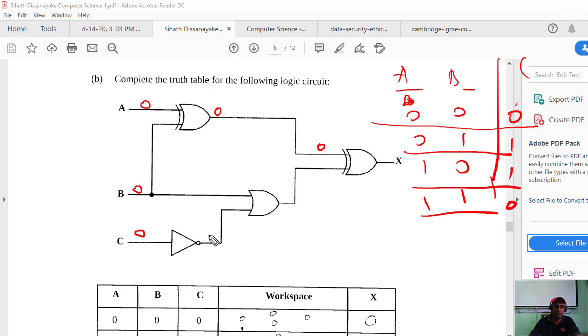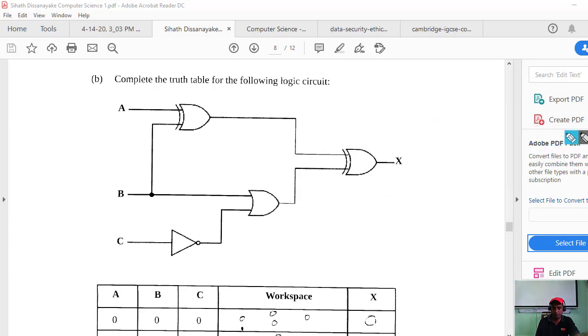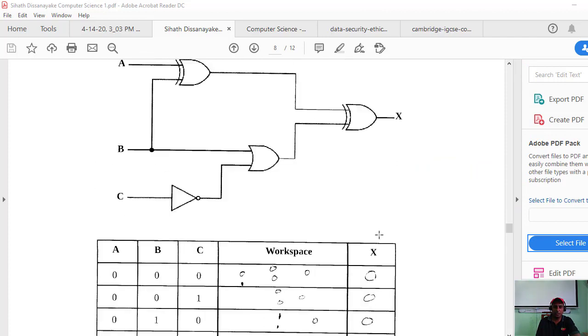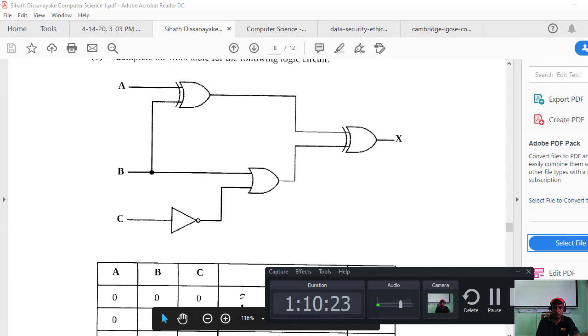Then here it's 0, then 1. Here 0, it comes 0. This is an OR gate. 0, 1, 1. Then 1, 0. 1, 0 is what? Yes, so can you do it again? This is your own. You do it, and if I am on the line, you let me know after you finish. Okay.